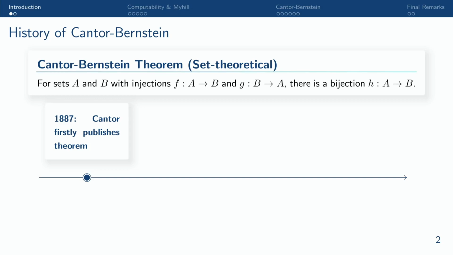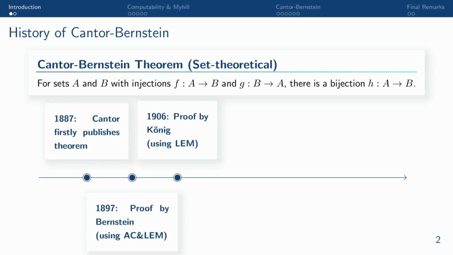In 1878, it was first published by Cantor, however, yet without a proof. And the first proof was then published 10 years later by Bernstein, however, crucially relying on a consequence of the axiom of choice and also classical logic. 10 years later again, there was a further proof by Koenig, who does not rely on choice axioms, but heavily on the law of excluded middle, so again, classical logic,